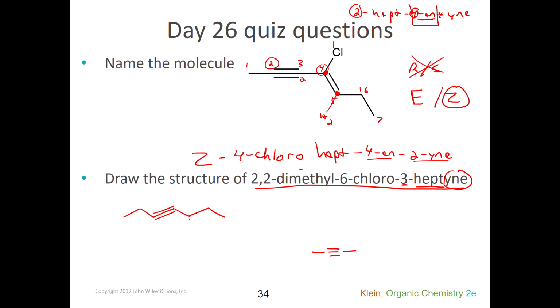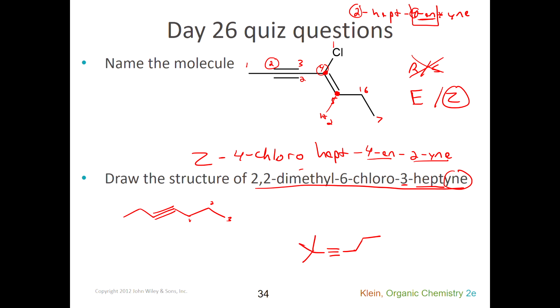So there's 1, 2, 3 carbons on this side of the triple bond, and there are 2 carbons on the other side, 1, 2. So that gives me 7 carbons, and I've shown the triple bond with the correct 180-degree angles. So if this is carbon 1 and 2, I've got 2 methyl groups on 2,